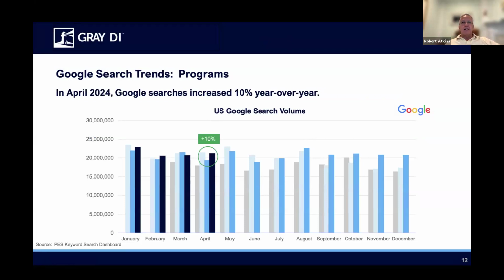During the last 9 months, 8 have increased year over year in terms of Google search volume for academic programs. We had one dip, that was in March, but obviously we bounced back from that, and we're not quite at record levels, but we're getting there in terms of total Google search volume for the keywords that we track for academic programs. This is a very positive indicator looking forward. These folks are looking for programs, are likely to be enrolling in school in the next 6 to 12 months.